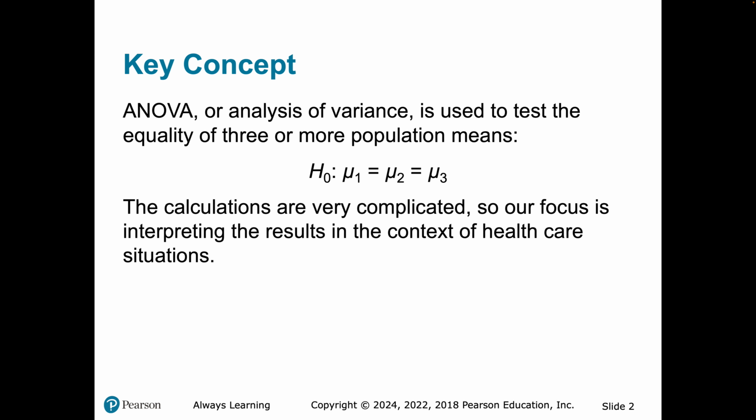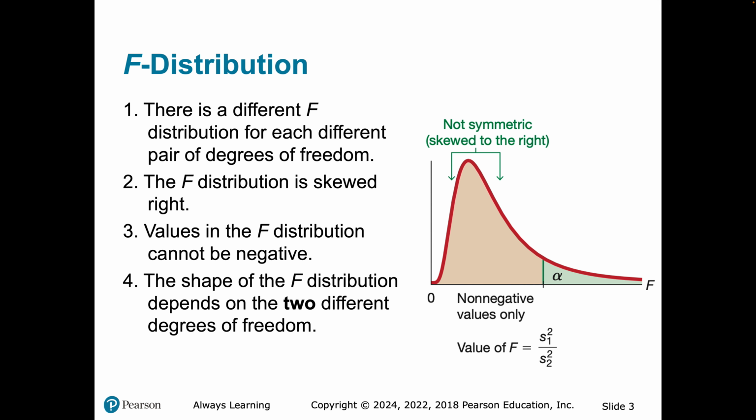So if we're just comparing mu1 and mu2, we use just an independent samples t-test. But if we have three or more population means, we have to dive into this new statistical technique called ANOVA. Now, the calculations are really complex. I don't think it's appropriate to dive into that for a class of this nature. That's the cool stuff to me, but I don't think it's going to be the cool stuff to you. So one thing I do want to tell you a little bit, to get a little bit mathematical and statistical,